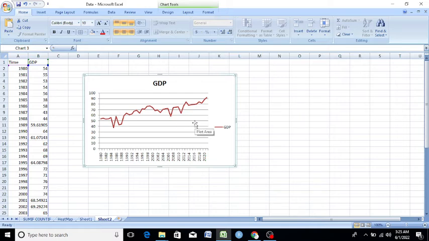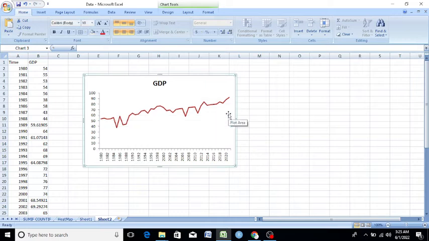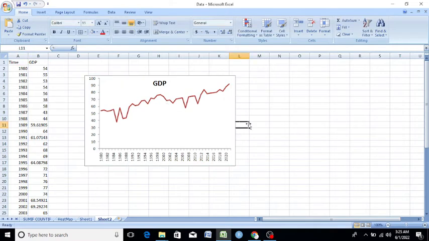In order to make it a publication quality graph, I will remove this one because it's redundant. Then click on these lines to delete them. When you click on these lines, you will see these dots here, and then just click backspace. It will delete those extra lines. You can increase the space of this figure by grabbing it from here till here. It looks much better. Now the only concern that I have is that x-axis values are very congested,